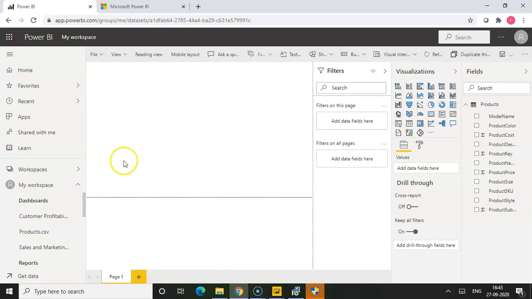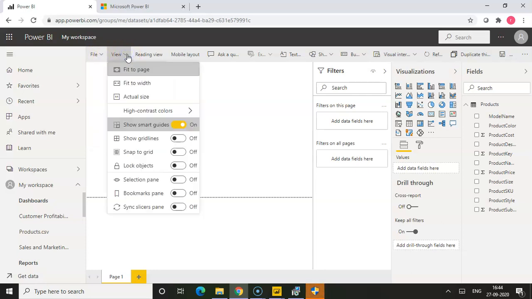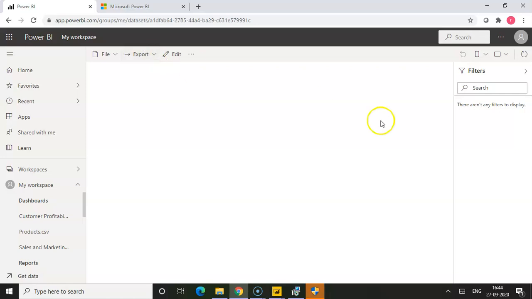See, from here itself you would be able to access the same interface which I have shown you in Power BI Desktop. So you have the various menus: File, View, Reading view. Reading view will take you to the report once you have created it.